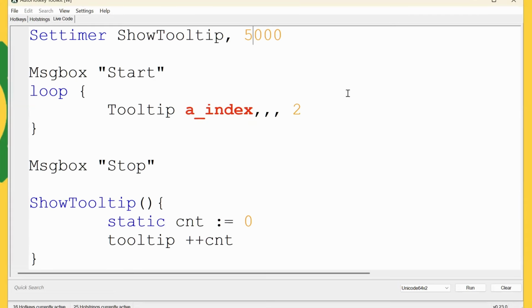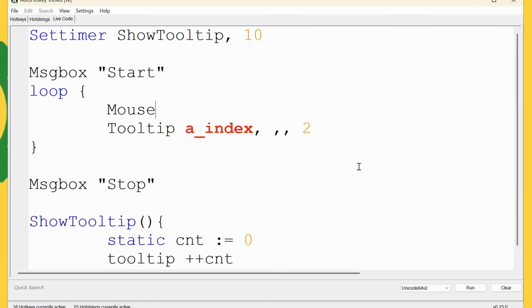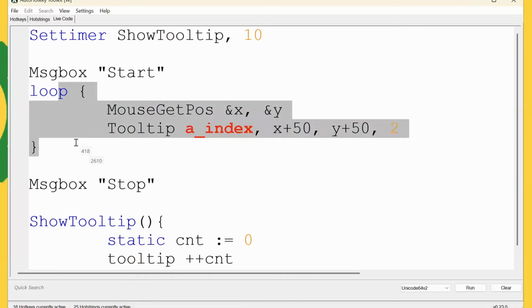And basically, if I make this one every 10 milliseconds and this, I just move it out of the way, I can say, you know, mouse get position X and Y, right? And I say X plus 50 and Y plus 50. I should get both tooltips at the same time. See that, right? So even though I do have a loop here that is supposed to be blocking stuff, it